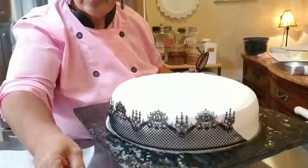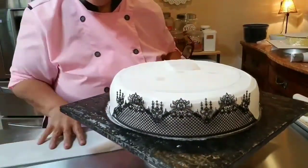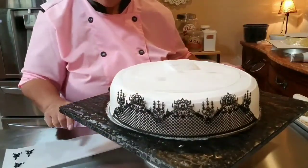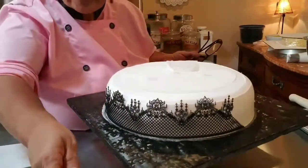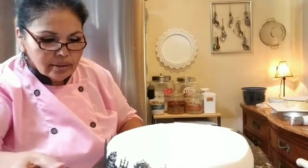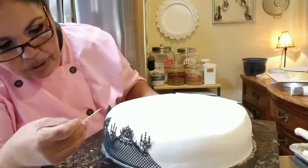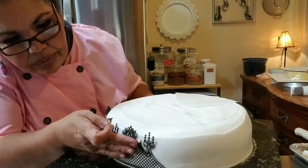Okay, so I got this on the bottom. Here's the cutout pieces, okay? The sides and then the top. They're too beautiful not to use. I don't know where, but I'm going to use them. Now, this is tricky work. So I got a toothpick to get it in, and my eyeballs, because who are we kidding? We're like that. All right, so what I'm doing is I'm just making sure with my finger everything is lined up